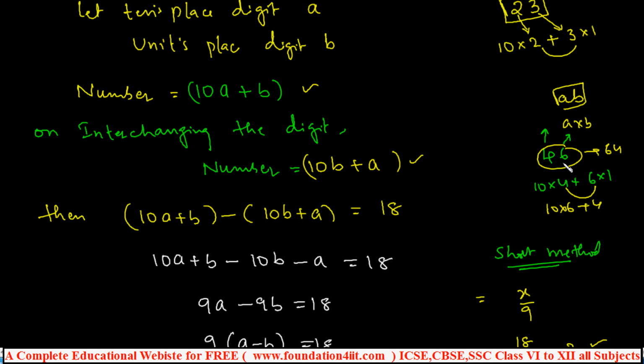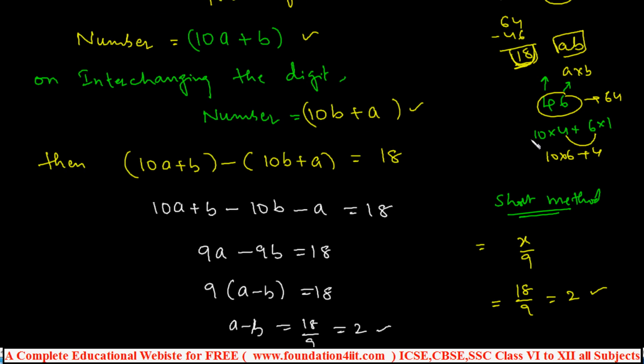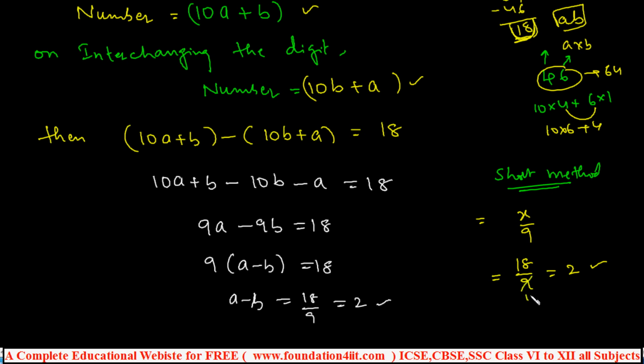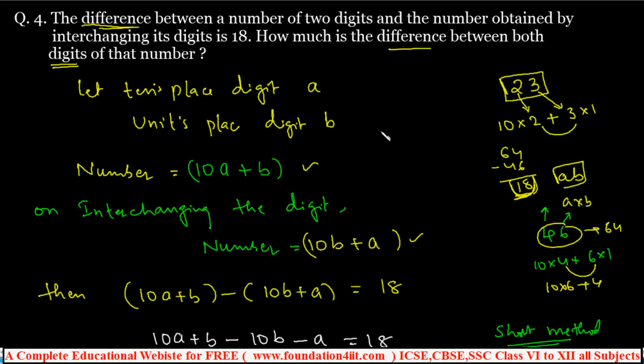In the previous example, 46 reversed is 64. From 64 you subtract 46: 14 minus 6 is 8, and so on, and you get 18. So the difference between any two digit number and its interchanged number is a multiple of 9. If you divide with 9, exactly, 9 ones are 9, 9 twos are 18. So 2 is the difference of the digits. Indirectly, whatever answer you get, that is the difference between the digits. Okay, remember the short trick also. At the same time, know the procedure of how to make the digits, because we will see a few more sums now.